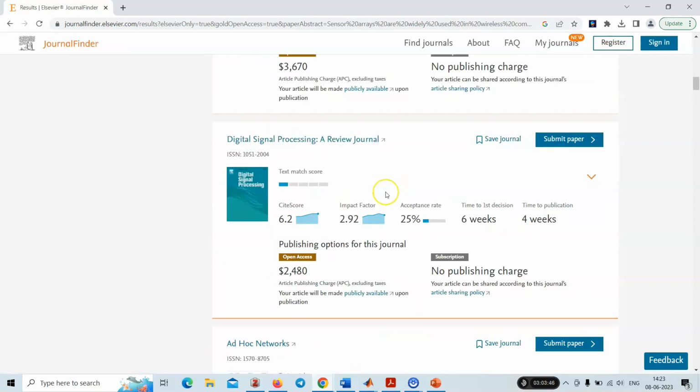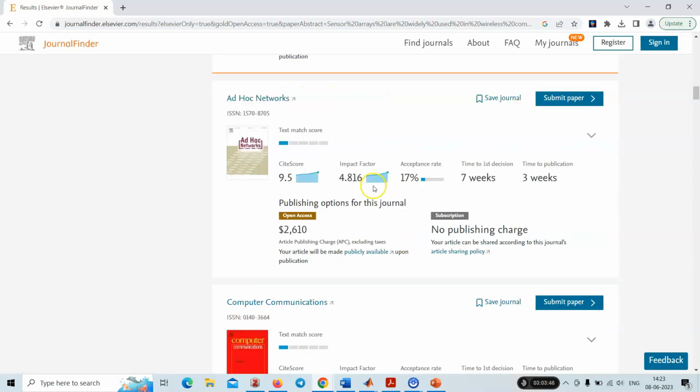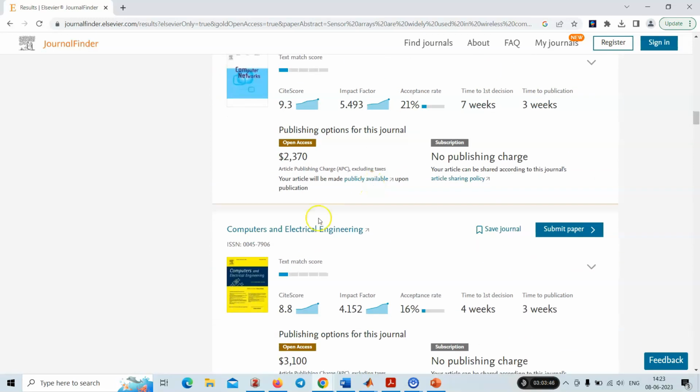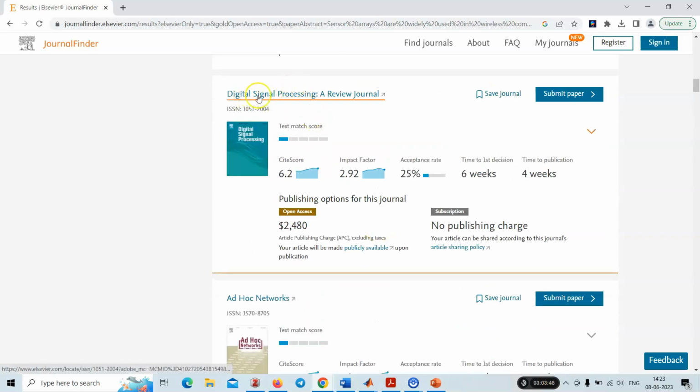Some other people also ask what the advantages are of submitting to a subject-specific journal or a generalized journal such as Computers and Electrical Engineering. So this is a very general thing. More general is the Journal of Science and Technology. Okay, so this is at least Computers and Electrical Engineering, somewhat specific. More generic is the Journal of Science and Technology, and more specific than this is a particular subject, digital signal processing.